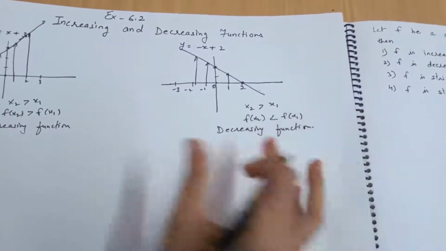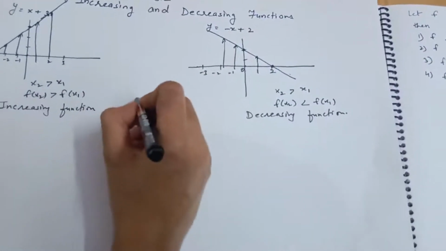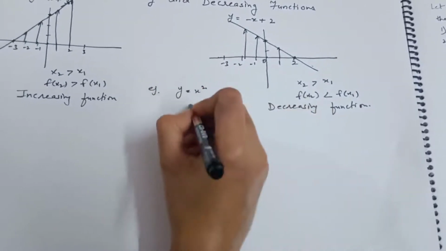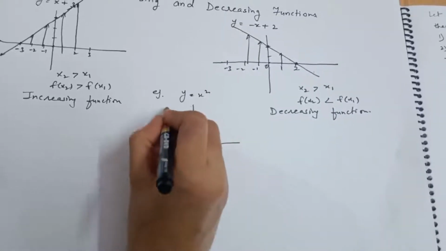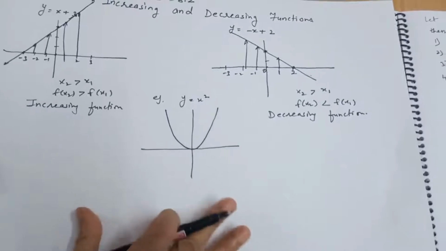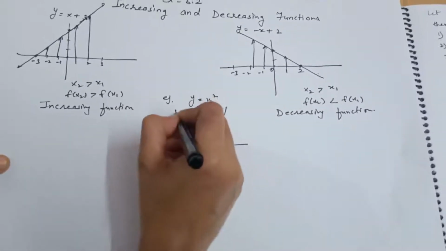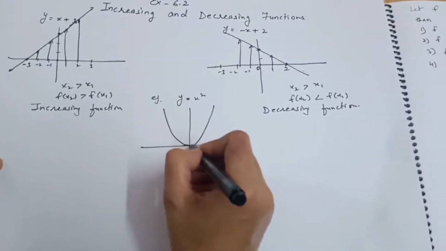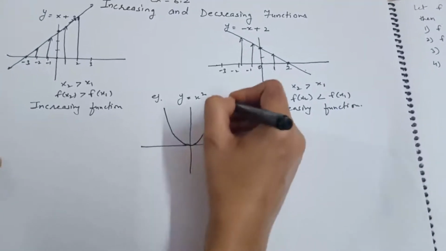Okay, so now you have understood the basic concept; it is only this. One more example: if you draw the graph of y equals x square, you know this is a kind of upward parabola. You have all studied this. So what do we see? On one side f(x) is decreasing, and when you go from 0 to infinity, it is increasing, correct? The value of f(x) is increasing.